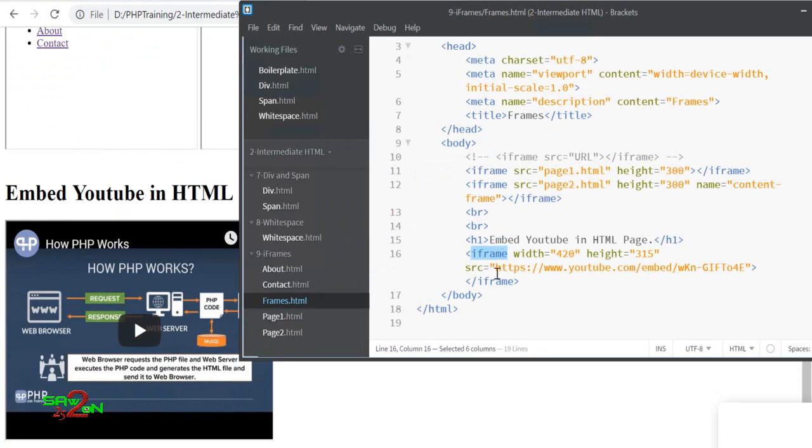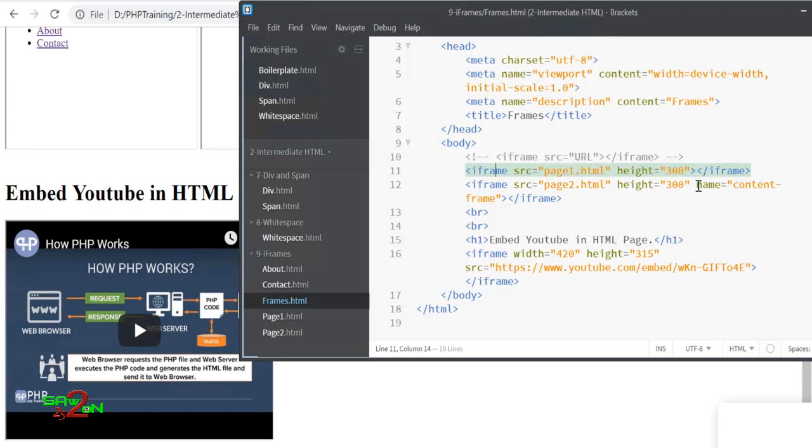Okay, this is basically an iframe. In the iframe you are embedding that URL. Okay, very simple. You can control the height and the width as well. Okay, iframe is very simple to understand. It's like an image. To display an image, you just need the reference of the image. To display an iframe, you just need the reference of the HTML page, to what page, what video you want to embed and show in that frame, right? That is the first concept of how to write an iframe and how to display the HTML page.